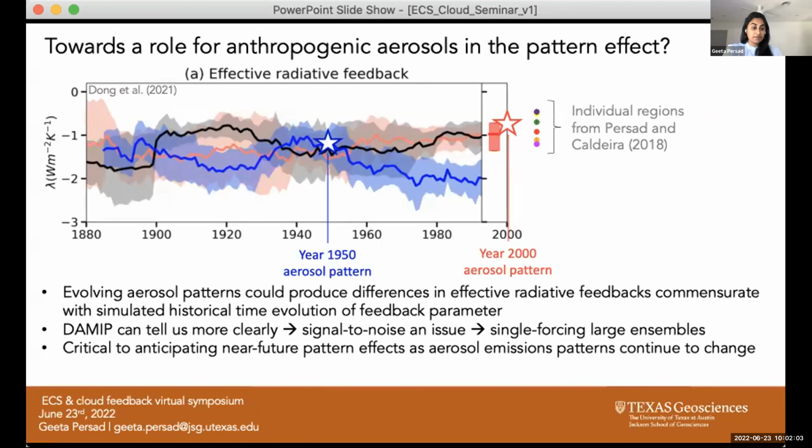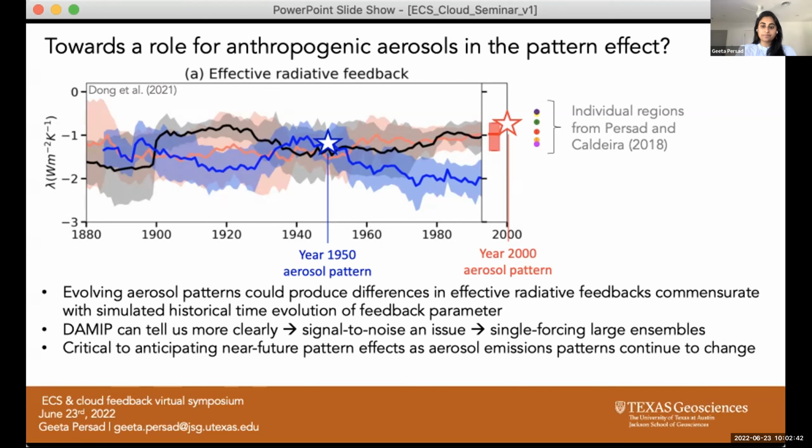So coming back to the importance of deviations from the global mean pattern, not just the absolute pattern, even if aerosol's global mean effect is waning relative to greenhouse gases, their impact on the time evolving spatial pattern of deviations from the global mean may still be substantial for the foreseeable future, right? So understanding how important the spatial pattern is will be valuable for anticipating how projected future anthropogenic aerosol changes might manifest in our estimates of feedbacks and ECS based on simulations or observations, and also how they've already been doing that, right? So are they going to maintain or counteract the historical pattern effects that have affected our thinking of